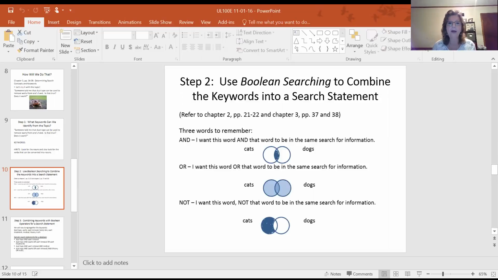So in this example, I only wanted search results about cats. I didn't want any search results that mentioned dogs. So the shaded area represents just the search results that mention cats. And you notice that this shaded area, I don't have that anymore. The reason is any search results that mentioned cats and dogs were eliminated by the word not. So the word not's